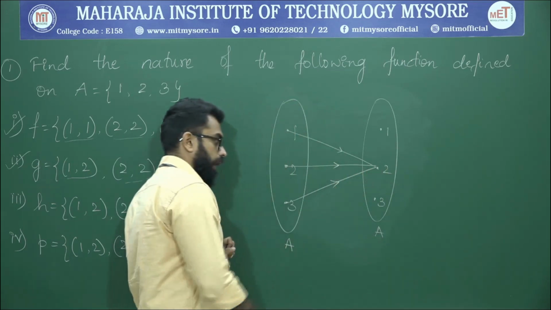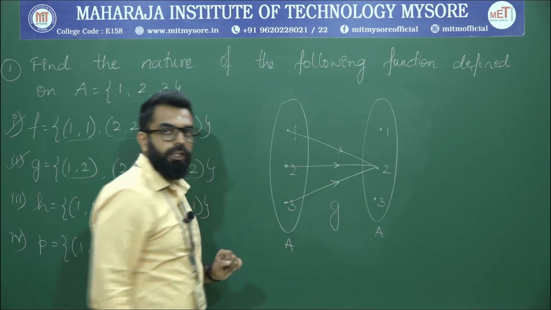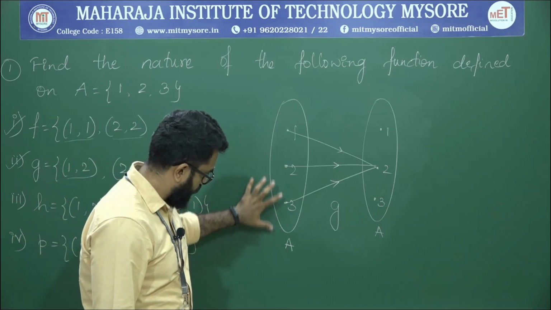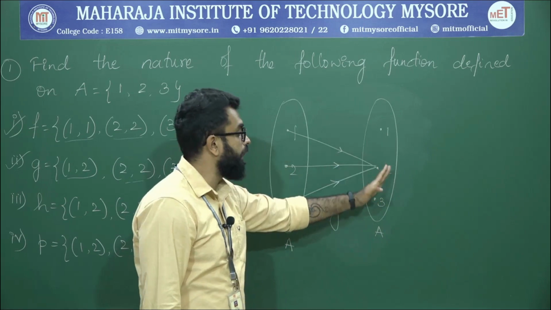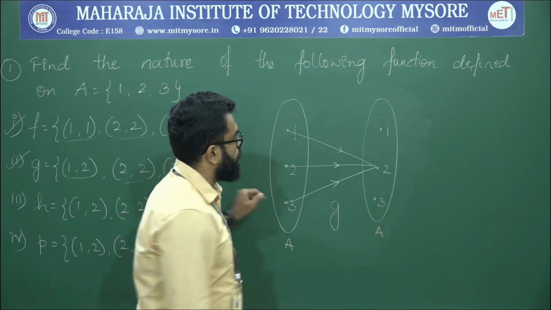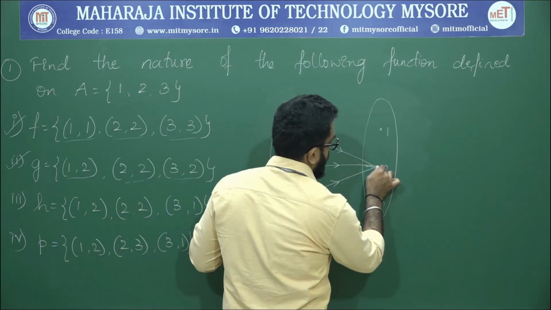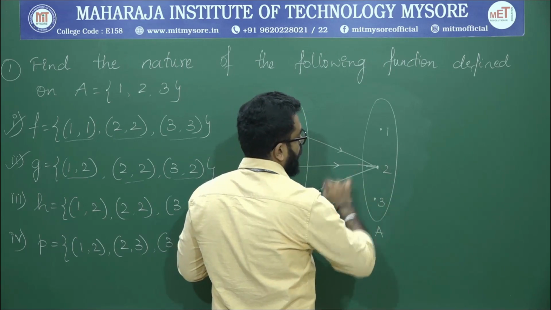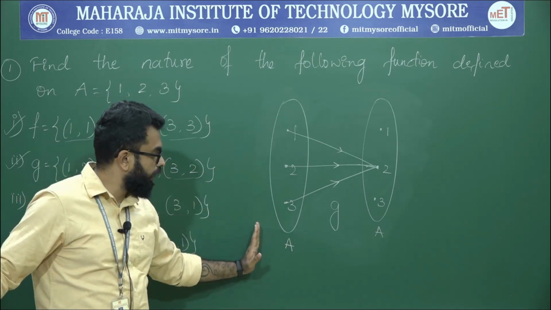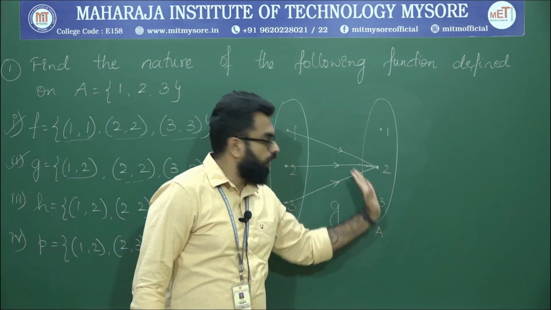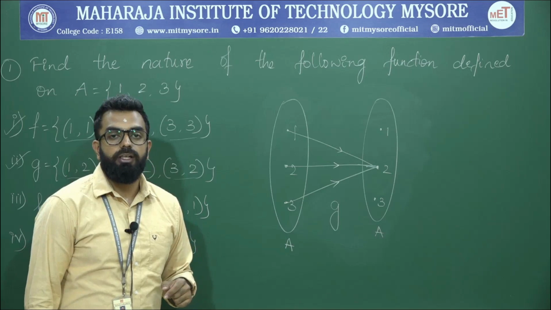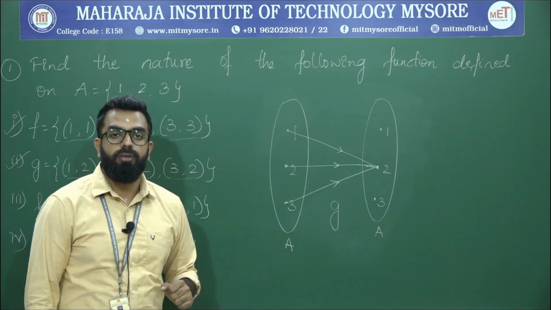So if you observe this mapping under the function g, what do we understand? What do we identify here? All the elements of set A, the domain, are mapped to the same element, that is a constant element in the next set, that is A. So this is a constant element here, and we call this a constant function. Please remember the definition of the constant function. It says that if the elements of the first set are mapped to the same single element of the second set, then we call this particular function a constant function. So g is a constant function.